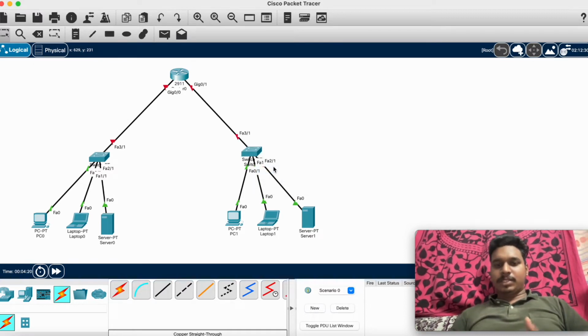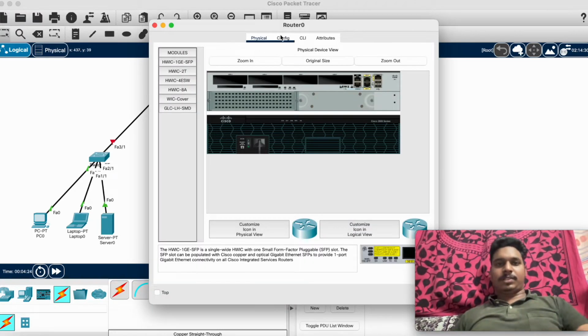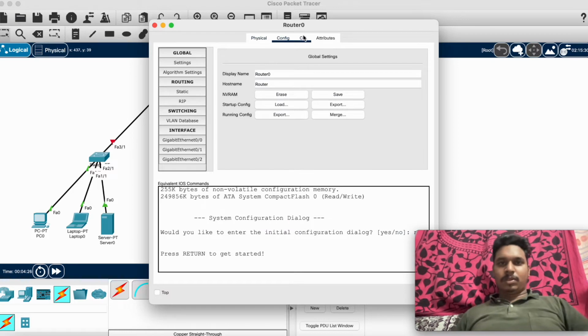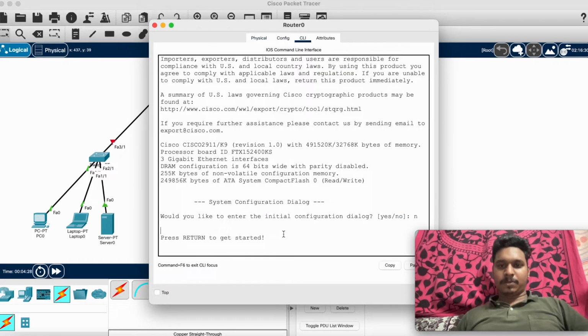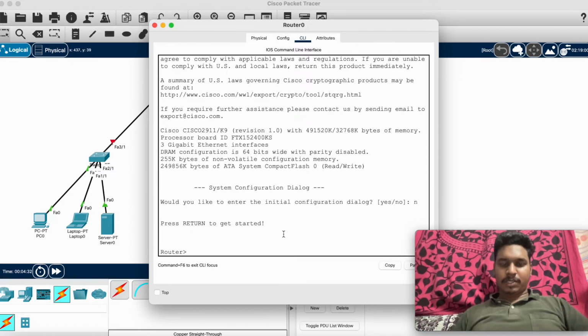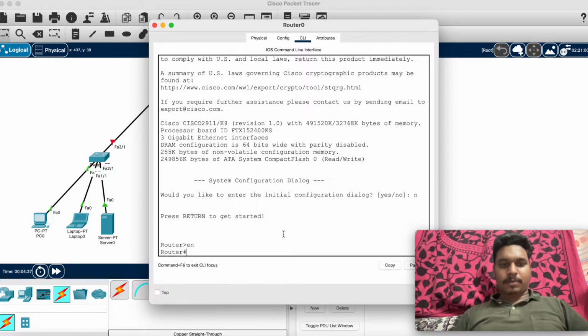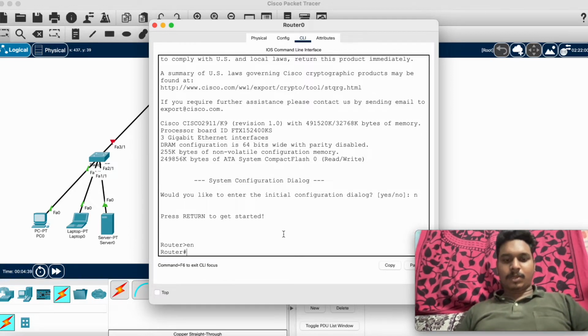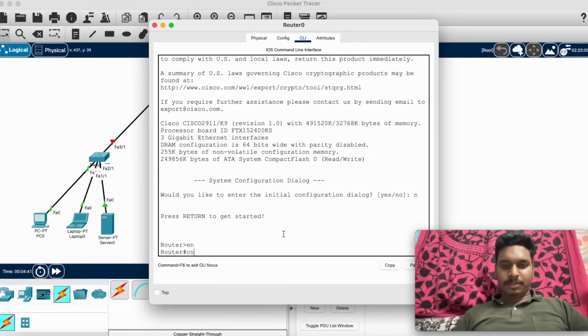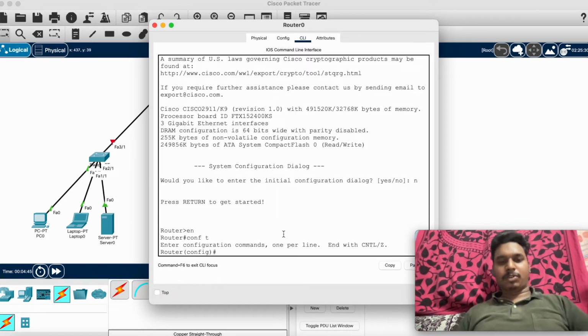So now let us start our configuration. Let us enter the router, enable it, and now let us config t. So we got into configuration.